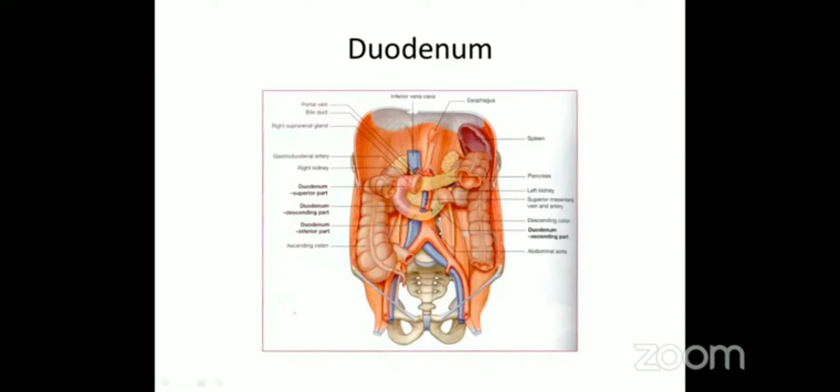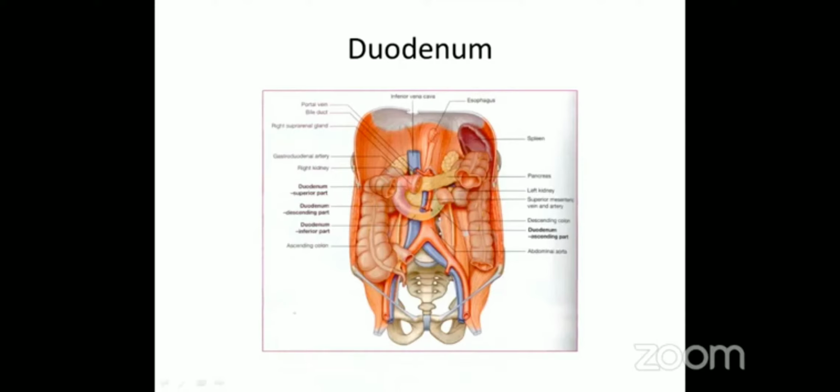Now coming to the duodenum, it is a C-shaped organ, and it has a first part starting from the pyloric end of the stomach, then the vertical part, the horizontal part, that is second and third, and the fourth part. From there, suddenly the coils of intestine will come out, that is the jejunum, and that is no longer a retroperitoneal structure. So this is the C-shaped concavity of the duodenum in which the pancreas is situated. So there are four parts of the duodenum.